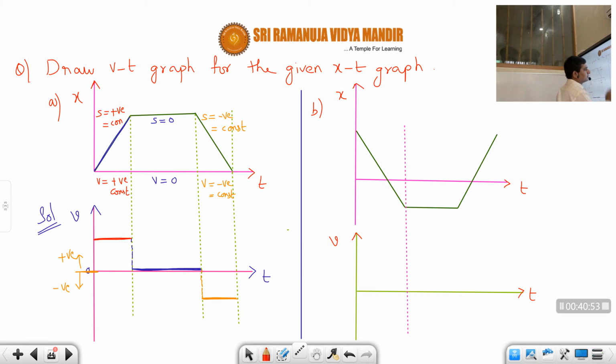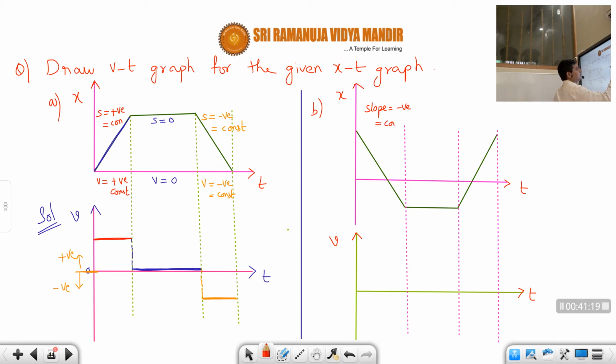Why? Because slope remains constant, no? And then second region is this one, because slope here also will be constant. Constant in the sense that it will be same. Okay, like this. And then third region will be this one. Okay, so now you can easily find out. So now first let us see, during the first region, what is the slope, students? Is it positive or negative? Negative. Why? Because obtuse angle.